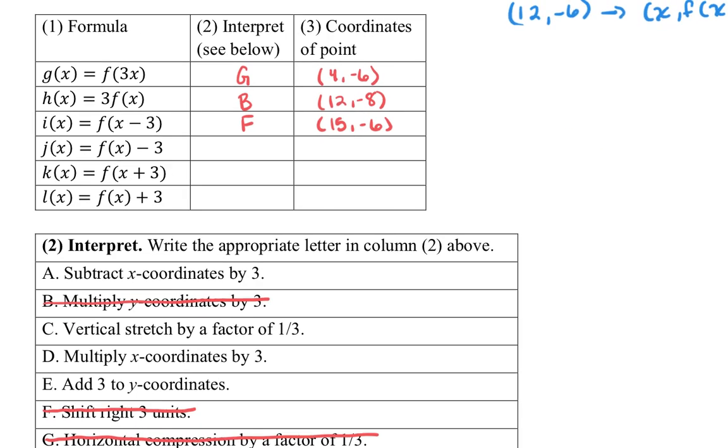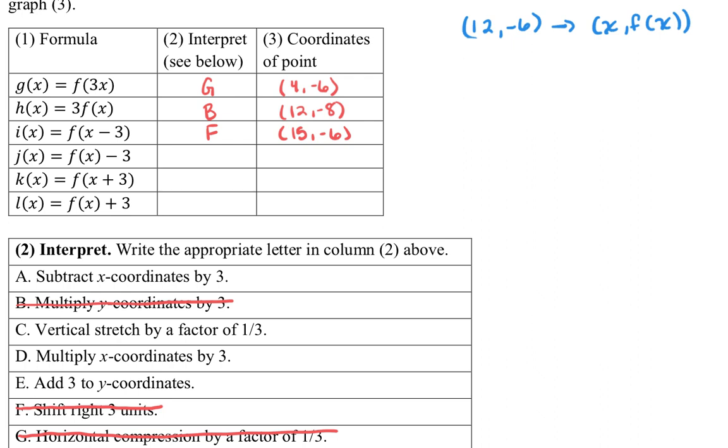Okay. So now, the next one says j of x is f of x minus 3. If you see this minus 3 is happening to all of f of x, so that means that it's happening to the y coordinates in a sense. So what this means is that from our point x, f of x, our new point will be moved down by 3 units. Shifted